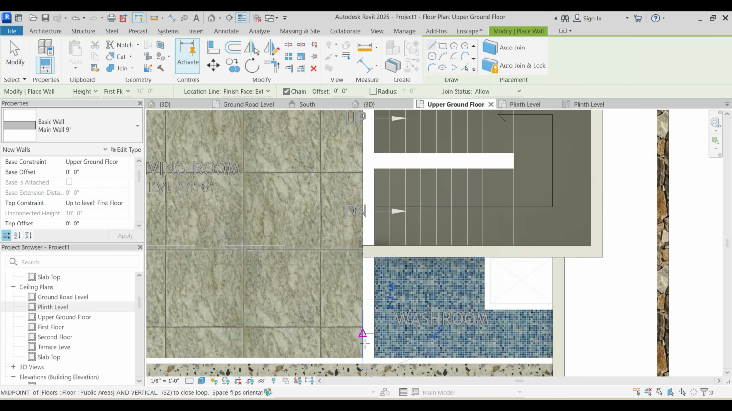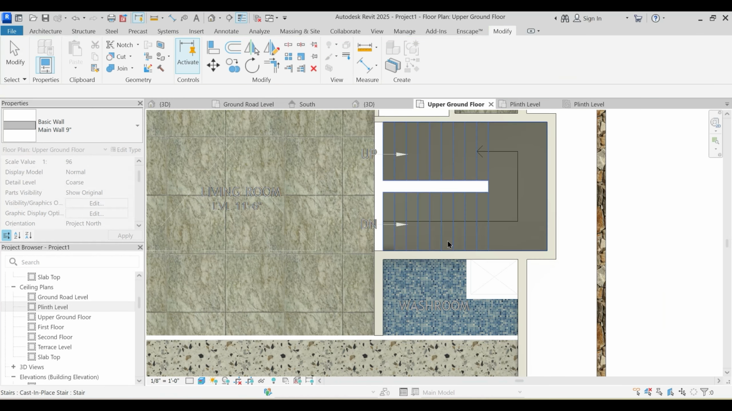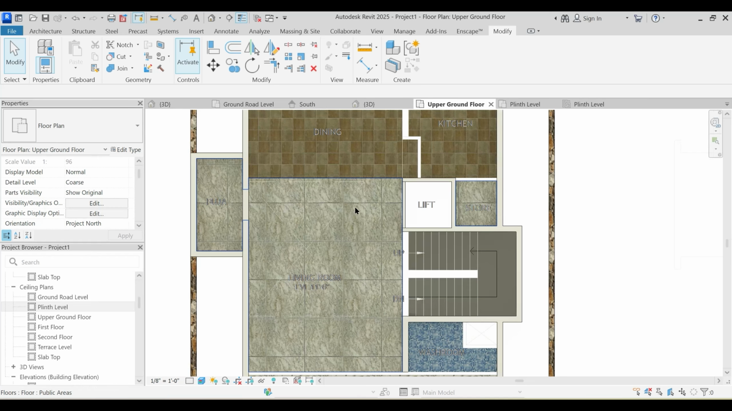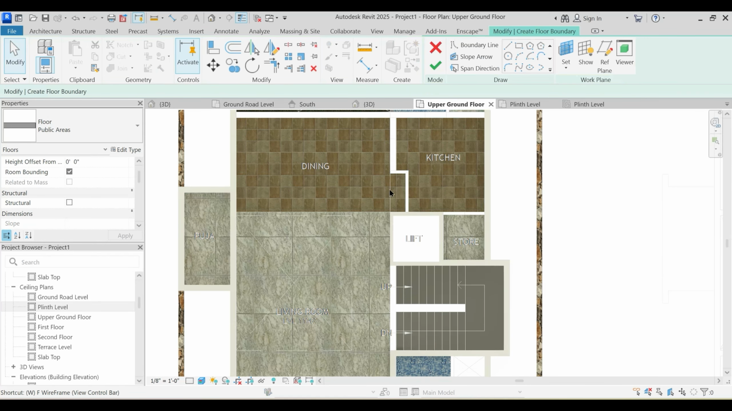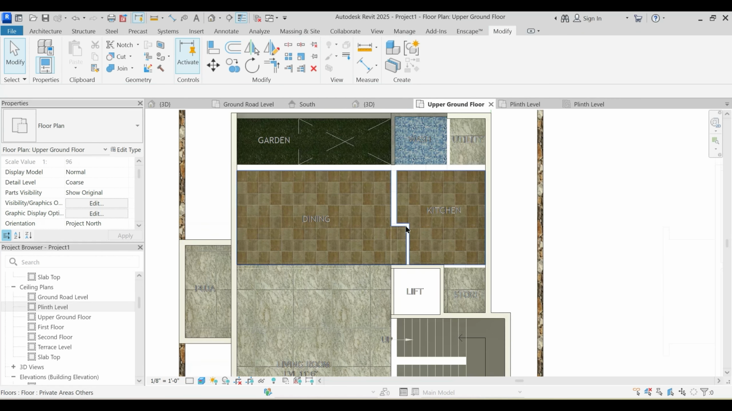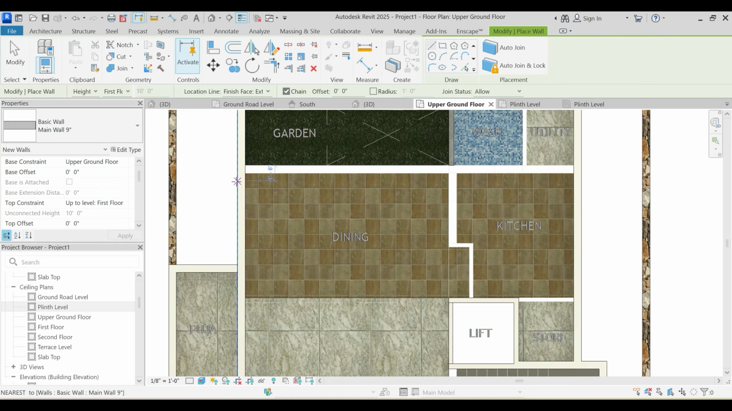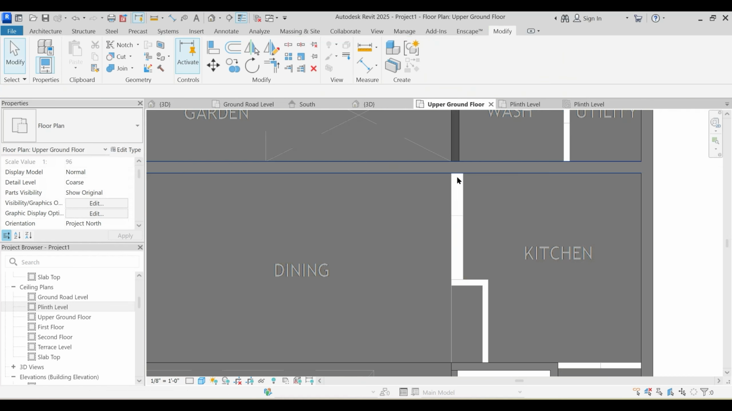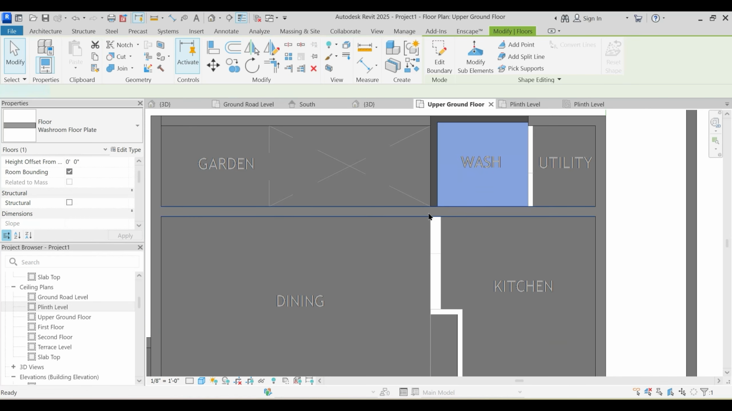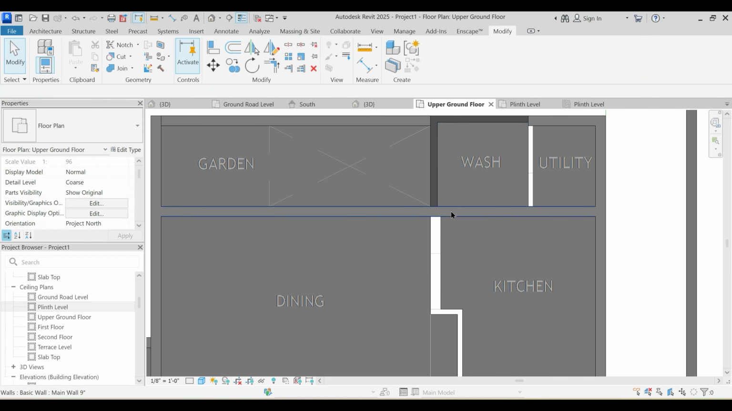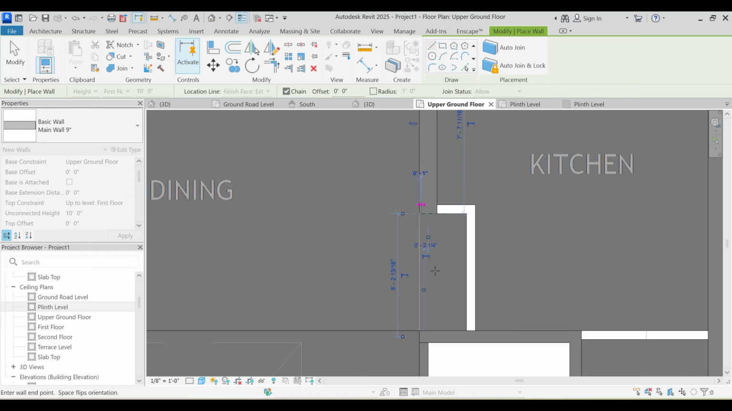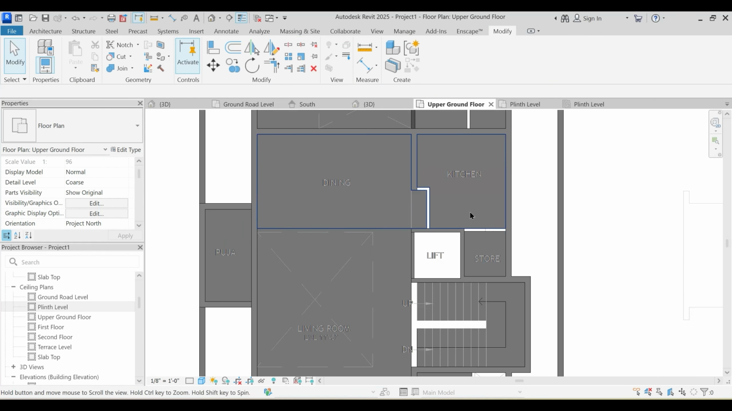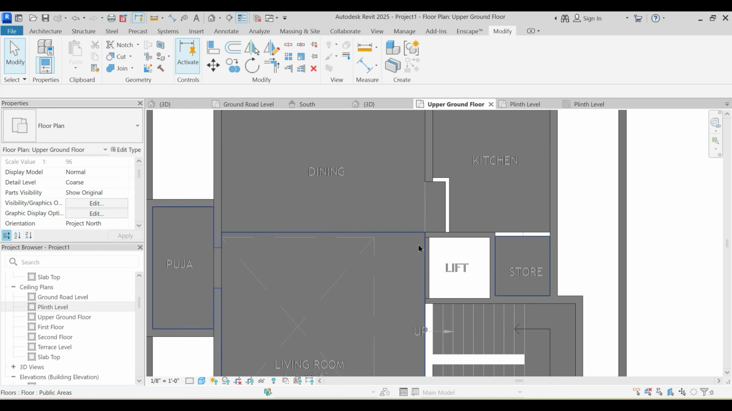CS, and from here to here, and then there will be an internal wall. Also here we have a wall. So, sorry, wall, and from here to here, CS, select this wall and CS, and from here to here, and